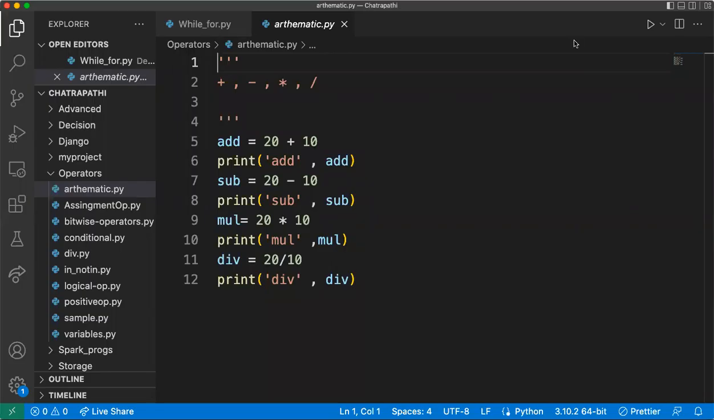So in this arithmetic.py, I have declared add, subtraction, multiplication, and division. These are the different variables I have created here. What are these variables doing? Add is doing some arithmetic calculation, 20 plus 10. If I give that, it is going to add the calculation as 30 and assign this value to the add